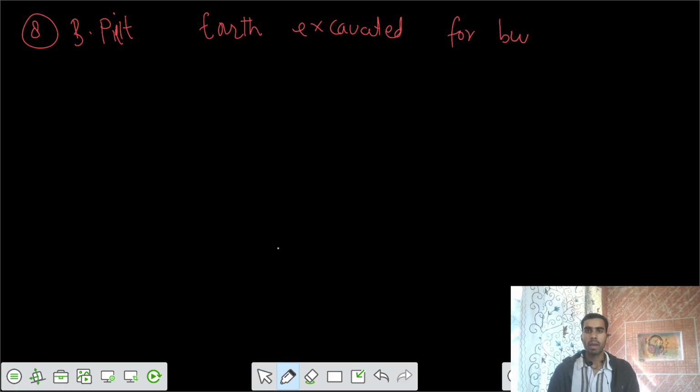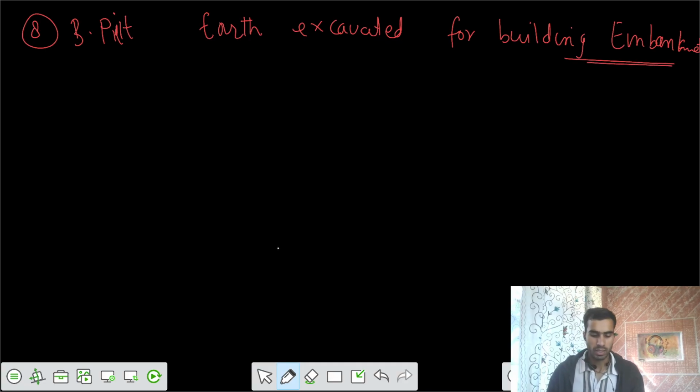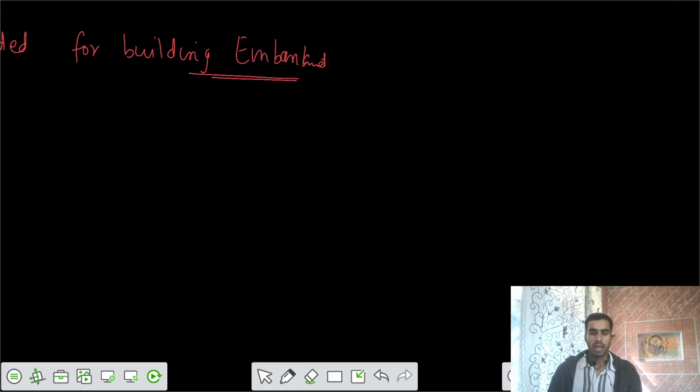Similar to the previous one, we have a borrow pit, and earth we have to remove. Earth is excavated from there for building an embankment. So we have to design some embankment. For that we need this soil, this earth material, and the dimensions for the embankment are as follows: